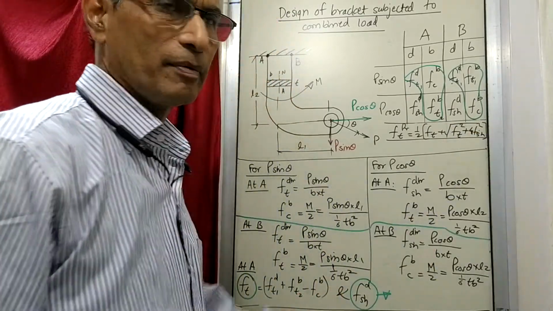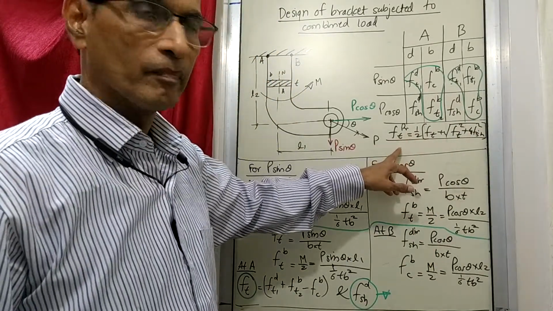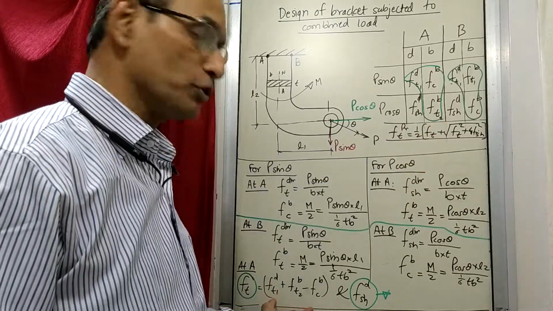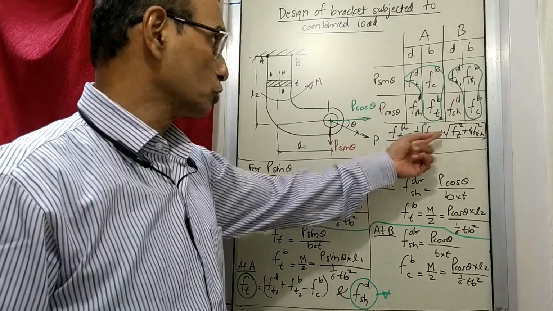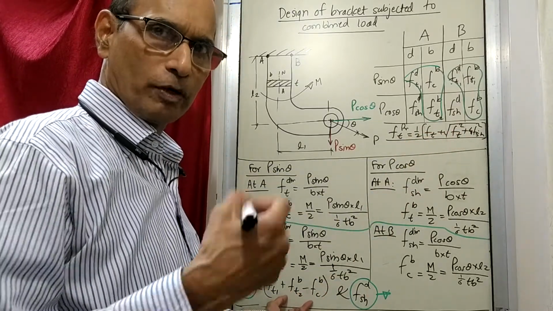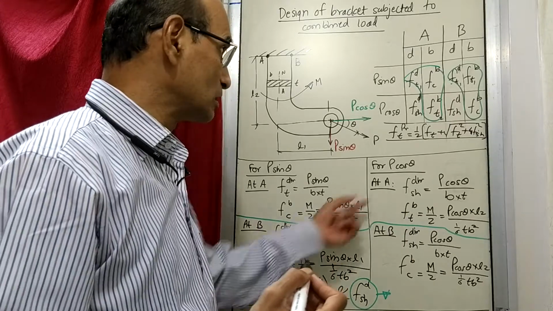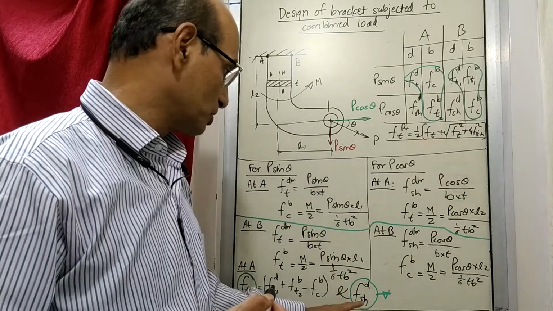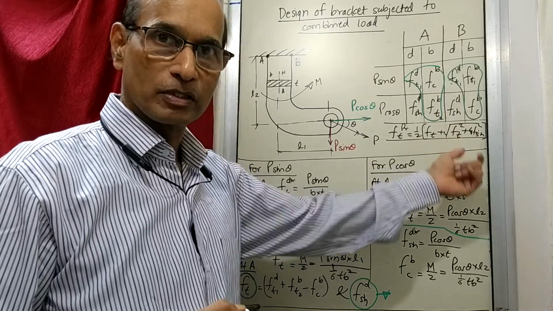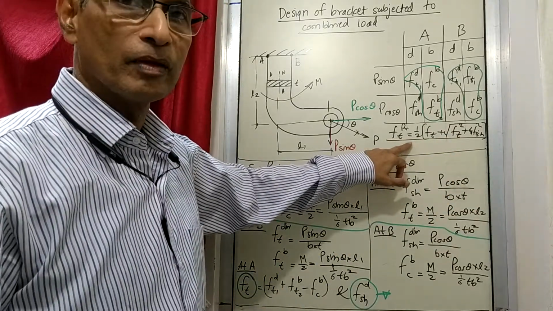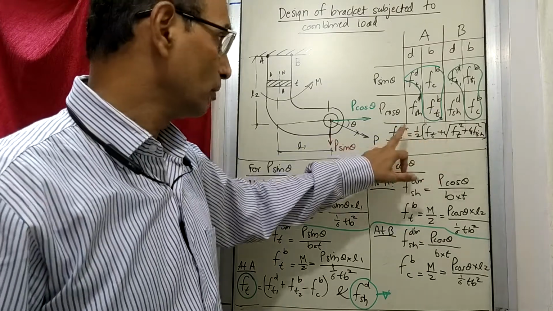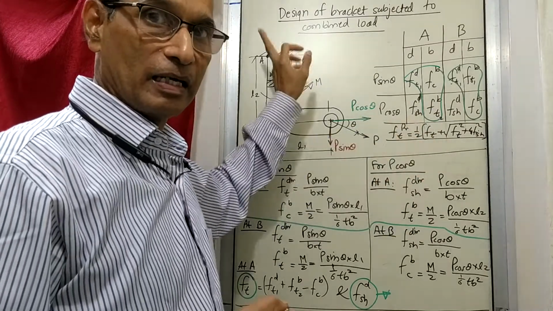I have just written the same equation again. But then after you write the equation, you have to put whatever numerical values have come here. Those values you have to put here. See, this is the total tensile or compressive. We assume it as tensile. So this figure will come here and here, and the shear stress figure will come here. And you are going to combine it by the square root equation. Whatever value comes, that will be a tensile principal stress. That will be tensile principal stress acting at A.